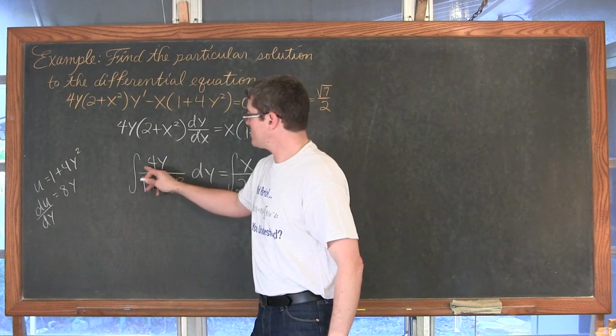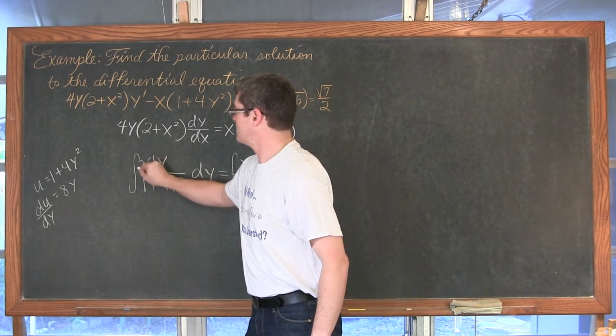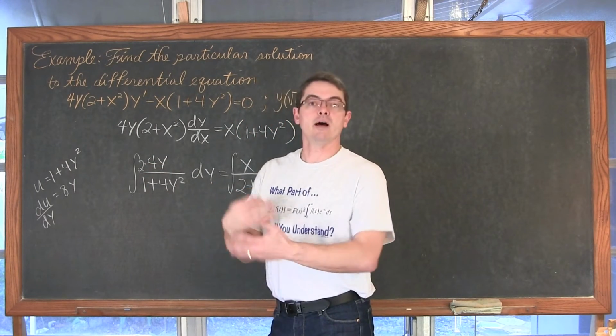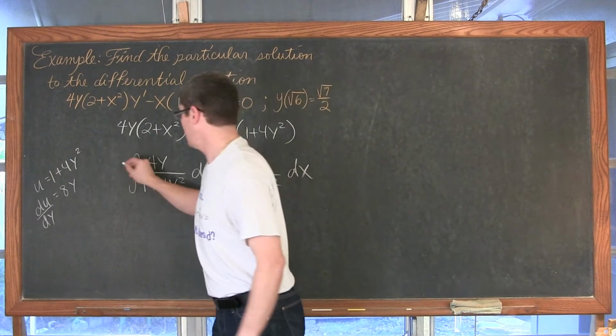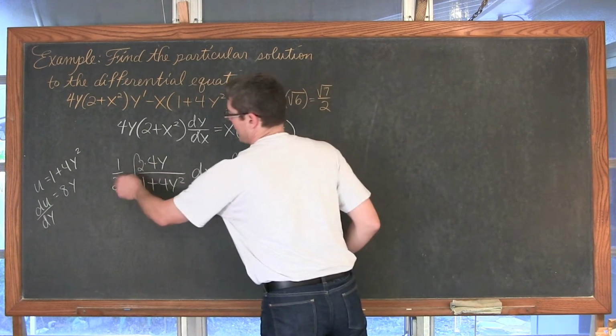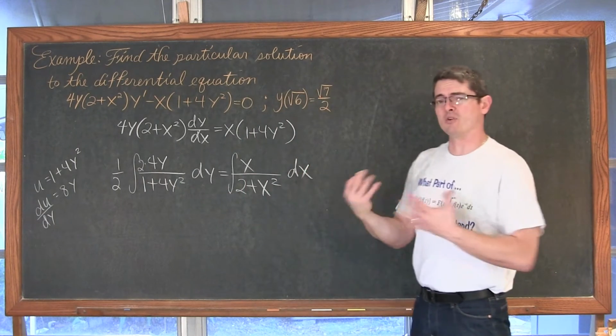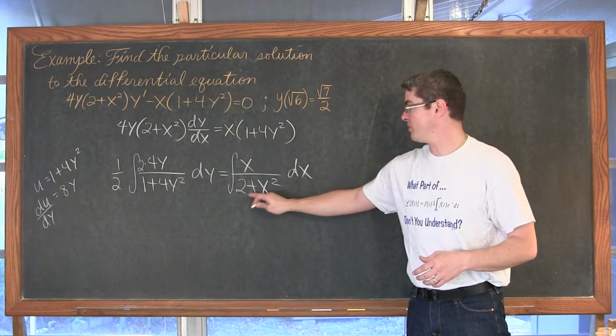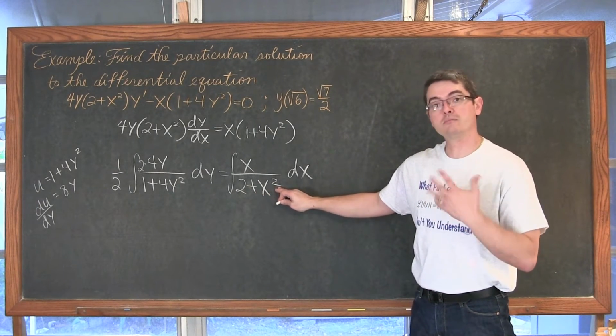So if I can multiply that numerator by 2, but then to cancel out that multiplication of 2, I would need to divide by 2, like finding common denominators, right? So we're going to introduce a multiplication of 2 and a division of 2, effectively multiplying by 1. And the same thing over here, the derivative of 2 plus x squared is 2x.